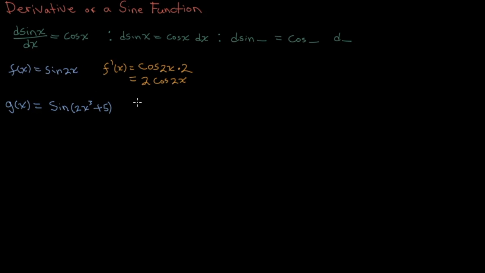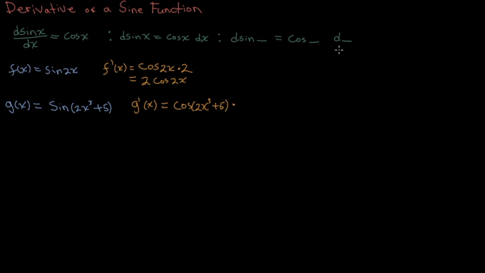So we would write g prime at x is equal to, okay, cos blank. Okay, so whatever was in this term here will go here. So in this case, blank is this term here. Okay, 2x cubed plus 5. So we'll write that in our cos term here. Cos 2x cubed plus 5